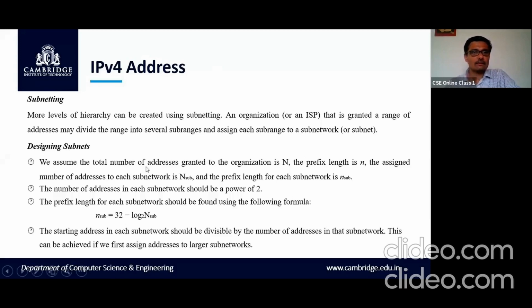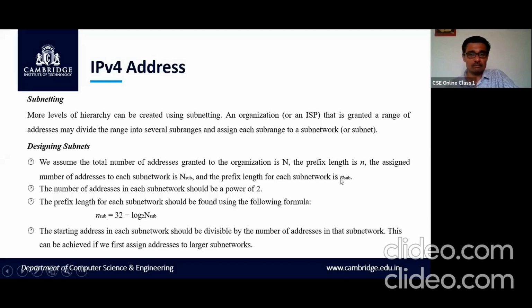So here we got the value of n, and we also got the prefix length n. The assigned number of addresses to each subnetwork is, let us say, capital N sub. N sub is the assigned addresses for the subnetwork. The prefix length for each subnetwork is small n sub.